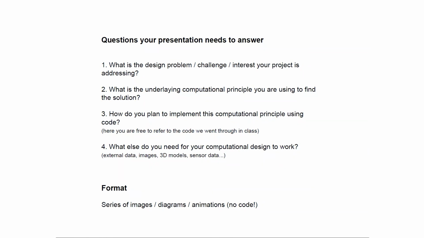Okay, and then the second one, what is the underlying computational principle you are using to find the solution? Okay, so because this is a course about algorithmic design, you're solving your problem using computation or algorithms. And there you should point out what these algorithms are, or again, what is the computational principle that you're basically using. Example, you can say, well, I'm using dynamic relaxation to do form finding of catenary vaults or